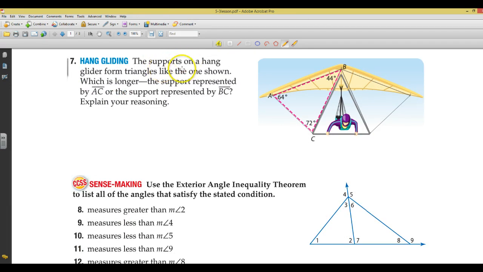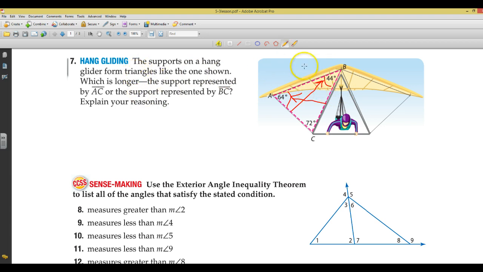Number 7, the supports on a hang glider form triangles like the one shown. Which is longer? The support represented by side AC or the support represented by side BC? Explain your reasoning. Is it going to be this side of the triangle or this side of the triangle? Well, 44 would be opposite from AC, and 64 is opposite from BC, and we're looking for